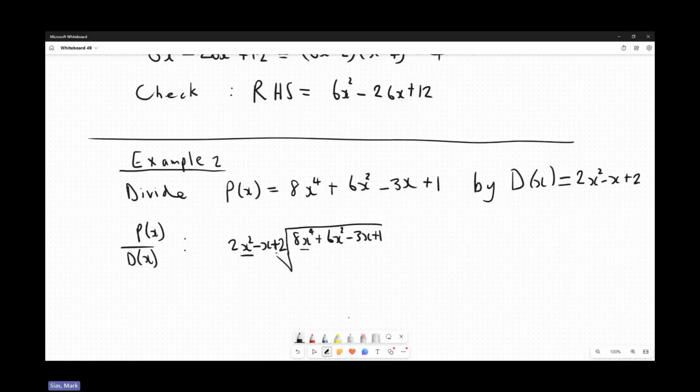Okay, good. Let's see. So the main thing here is you look at the highest power here, x to the 4, and you will divide the highest power in the divisor into that highest power. So you look at those underlined terms. So 2x squared divides into 8x to the 4. Well, 2 divides into 8 4 times, and x squared divides into the x to the 4 x squared times, because x squared times x squared from the laws of exponents is equal to x to the 4, and 2 times 4 is equal to 8. And then